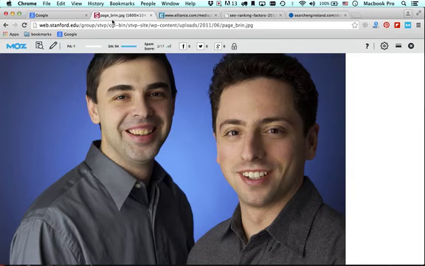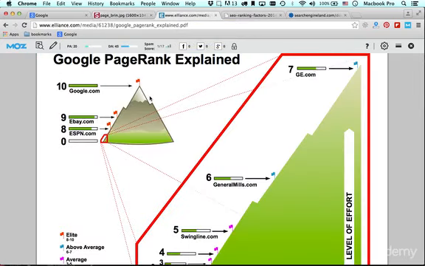These guys had a pretty novel approach to organically ranking different listings on the search engines. What they wanted to do was make the world's information accessible to everybody. So they came up with an algorithm, and originally part of it was called PageRank. Now, PageRank primarily ranked all of the world's websites with a numerical figure starting from 0 and going all the way up to 10.